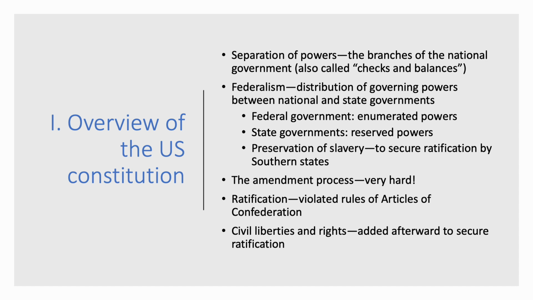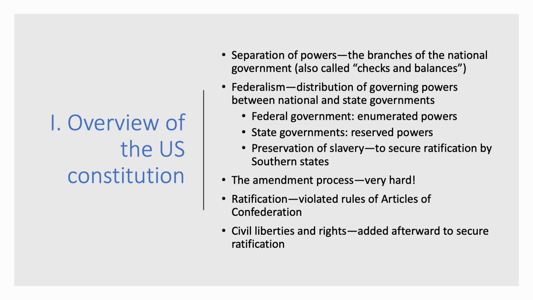So state governments in this country don't need to look to the U.S. Constitution to find their powers. They look at their own state constitutions. The federal government, however, has to find its powers in the Constitution or it can't do it. Every single piece of legislation that Congress passes has to be authorized by a part of the Constitution.